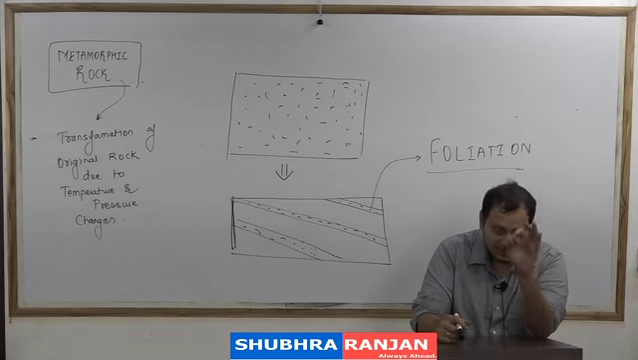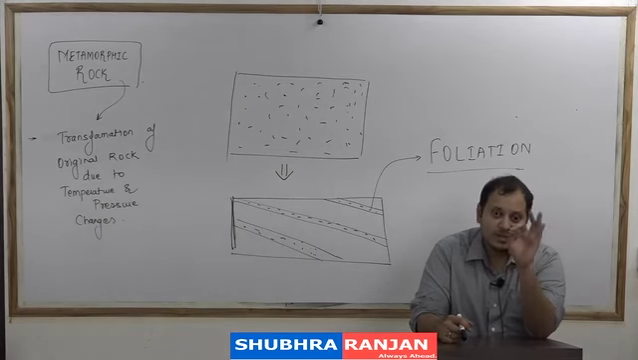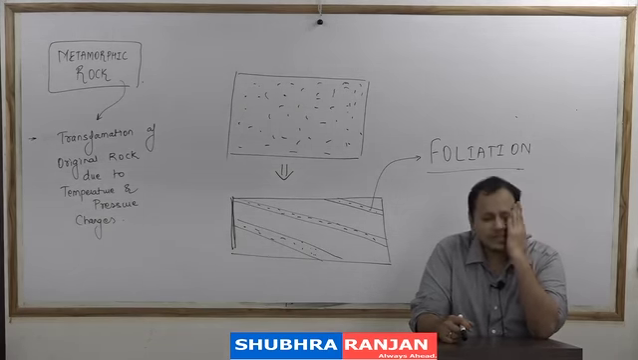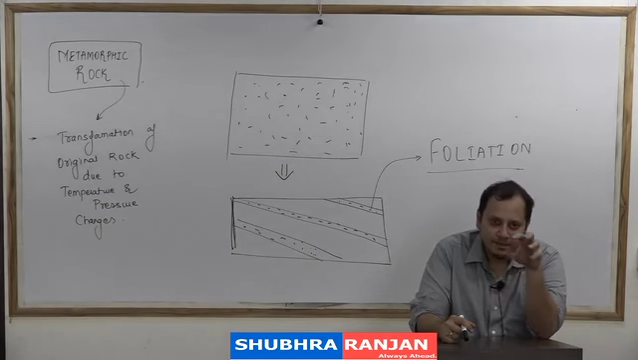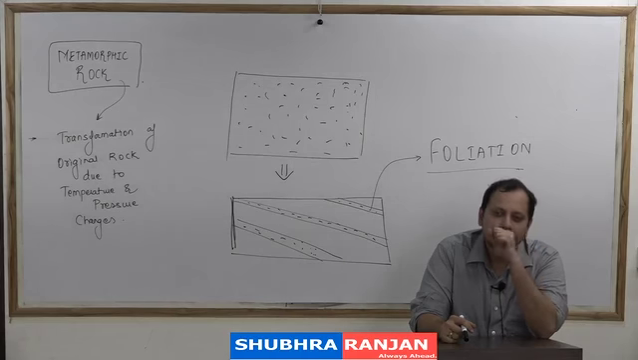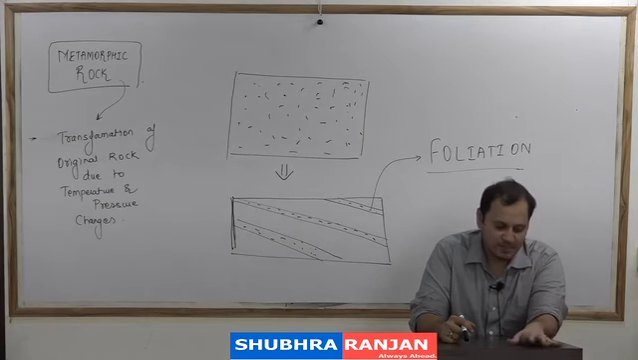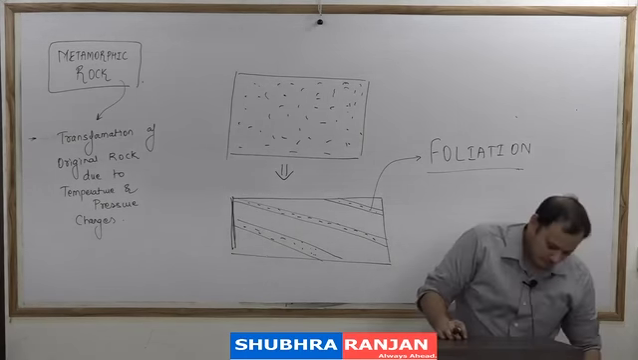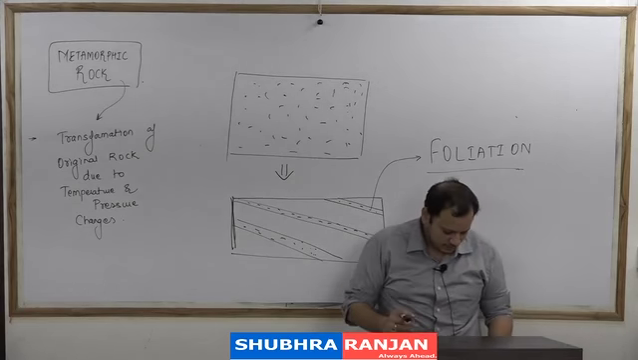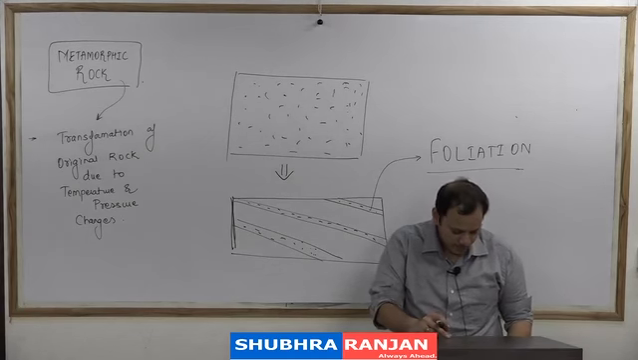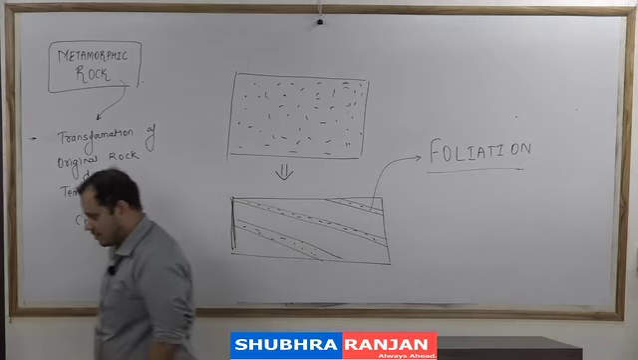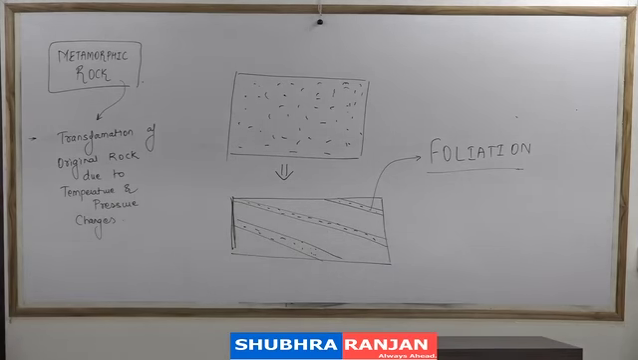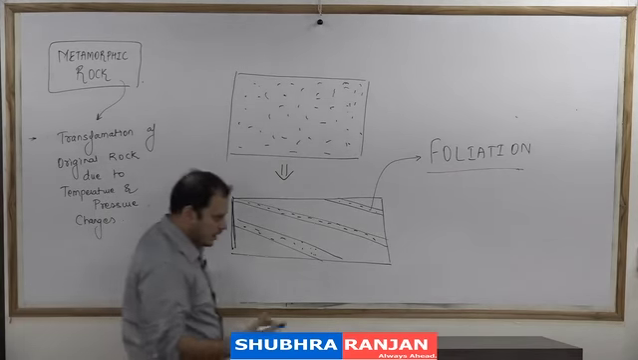So the thing is, these are foliated rocks. Now you write down, foliation means arrangement of crystals in parallel bands. Arrangement of crystals in parallel bands. Next property is,